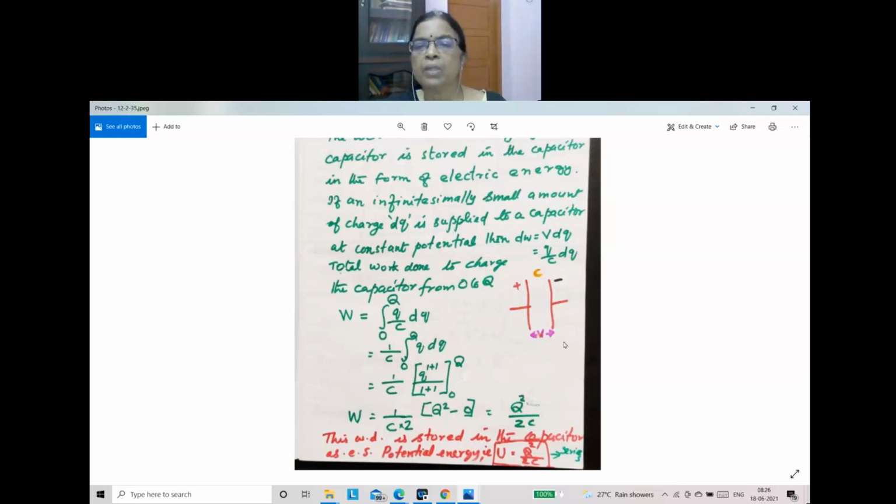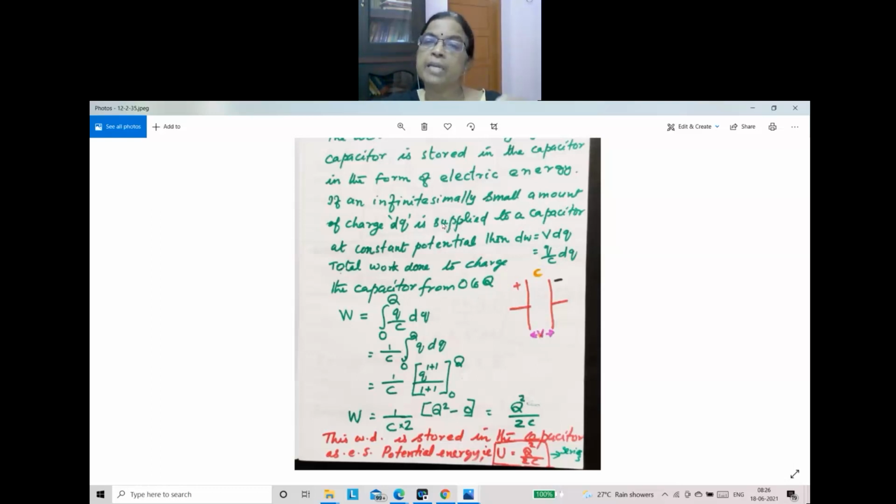So when we give more and more charge, its potential keeps increasing. It is varying all the time while the battery is charging. So potential is increasing; that's a varying case. So at a particular time we take a small interval, suppose delta q is the charge it is getting, and during that time the potential is taken as constant. Otherwise, we cannot find the total work done to charge the capacitor.